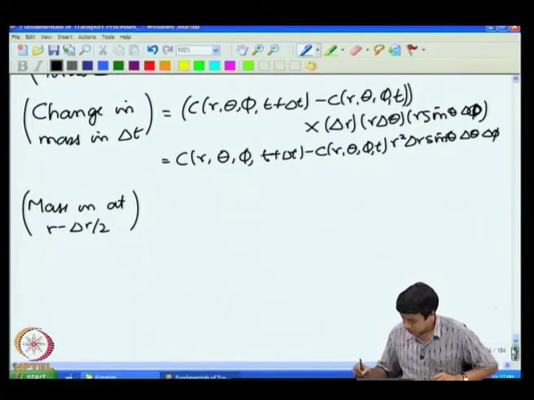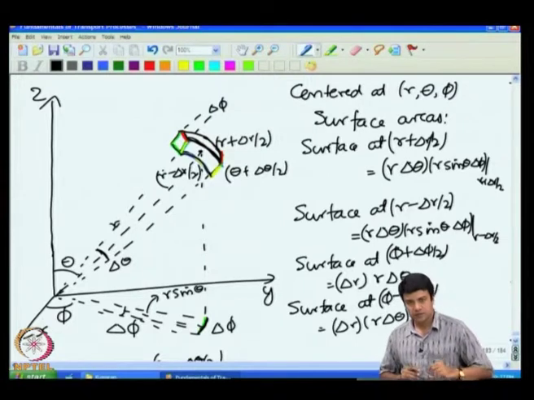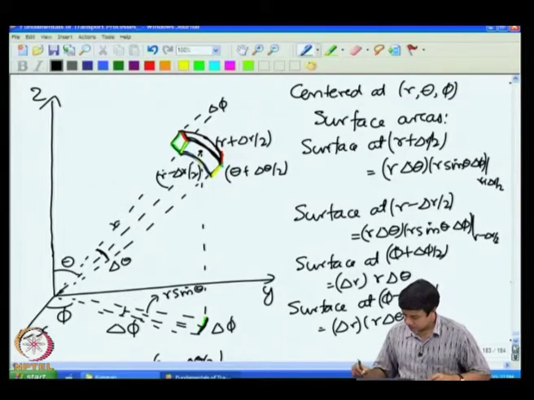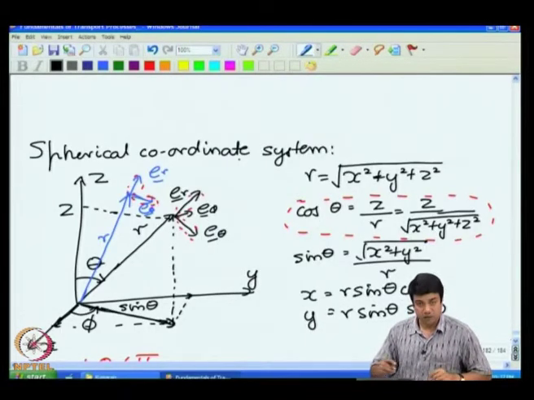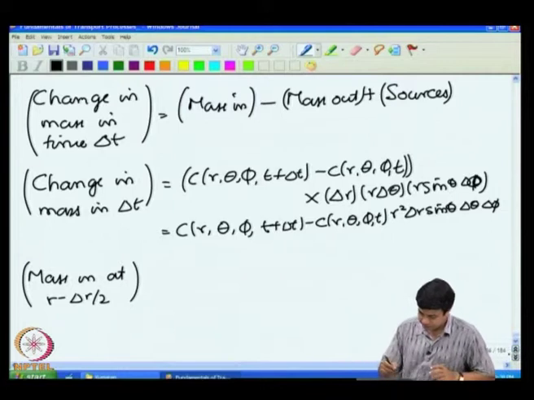Mass in at this particular surface, the bottom surface. Mass is coming in if the flux is positive. In the coordinate system that I have chosen, Er is in the plus r direction. Therefore, at the bottom surface there is mass coming in because the flux is along the Er direction. Therefore, this mass in can be written as